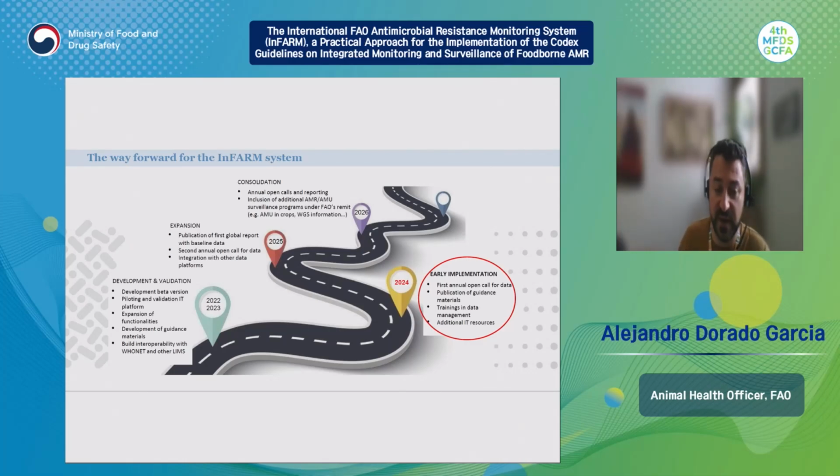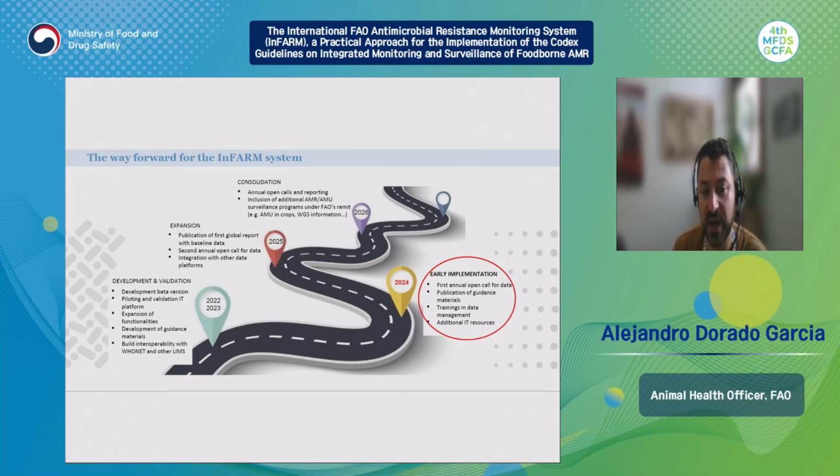In the year 2025, if there is a possibility to have a global report, if it's feasible, if countries are participating at the public level and want to share this data at the global level, we will publish the first global report with baseline data on antimicrobial resistance. Otherwise, we will need to wait a little bit more for a second open call. In this year 2025, we of course plan to have a second annual open call for data. The data on antimicrobial resistance will be produced on an annual basis, as for the other platforms with the quadripartite, as for GLASS and also for ANIMUS.